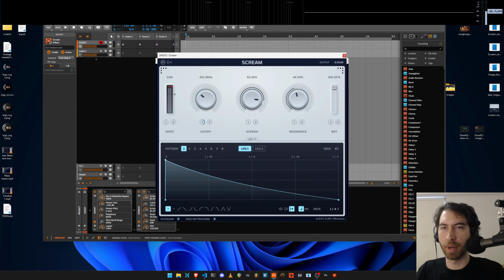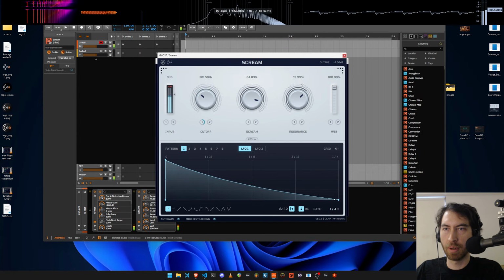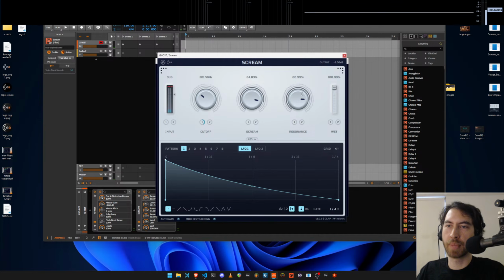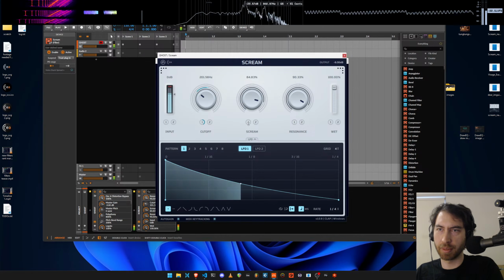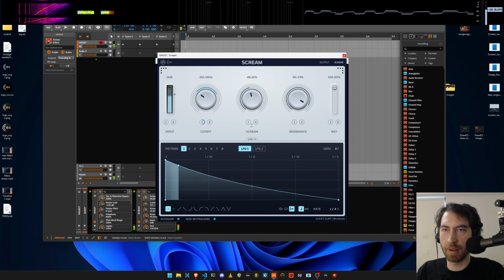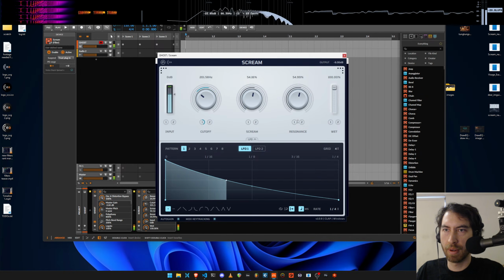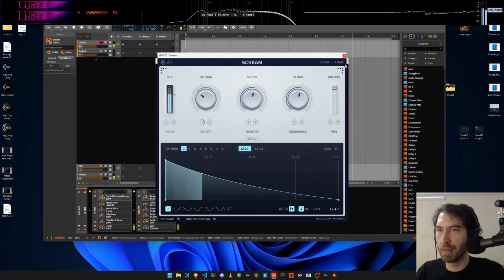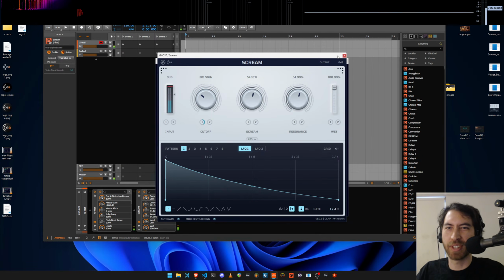Anywhere from like 50 to 100, I think is pretty good. And all of a sudden, I think the resonance knob is optional. Like if I go back to play bass again. Can you hear that? It just sounds like muddy and